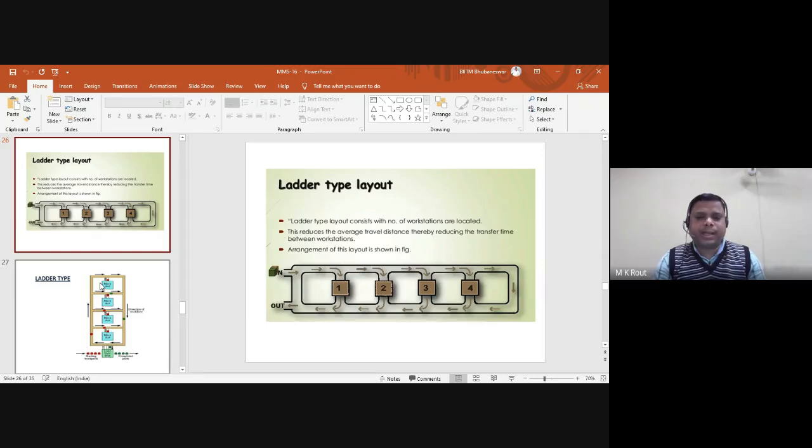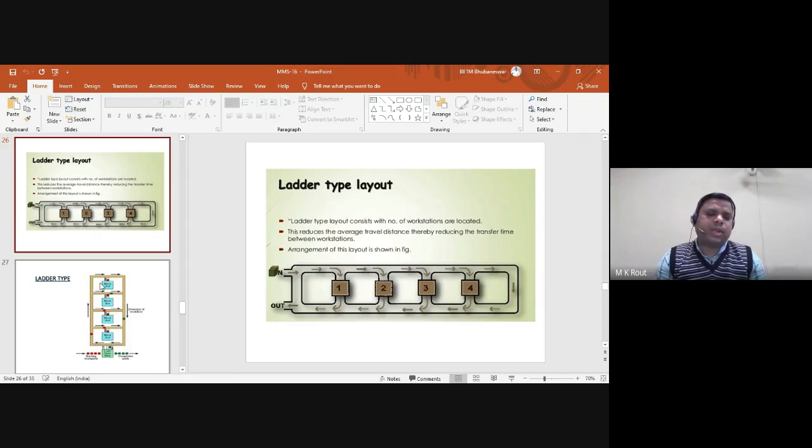They are well connected with each other with the help of automated guided vehicles, monorails, or rail guided vehicles. This reduces the average travel distance, thereby reducing the transport time between workstations. Due to the good connection between workstations 1, 2, 3, 4, whenever they receive the raw material, if they find any difficulty, they directly skip to